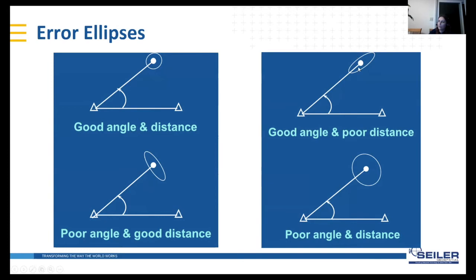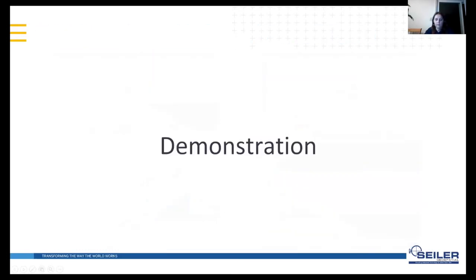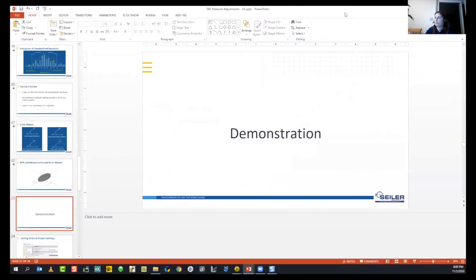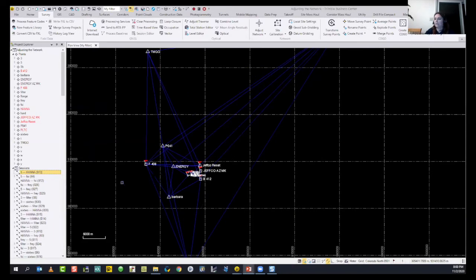As you see, geometrically, the circle shows the poor distance, however there's a good angle. The differences are quite clear here, showing the poor angle with good distance, and the poor angle and distance. We will see this better in the graphic view. And I will continue with the demonstration. I guess it's okay for now.